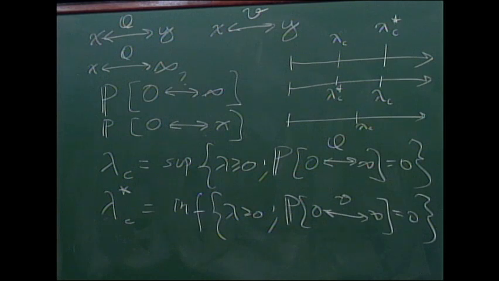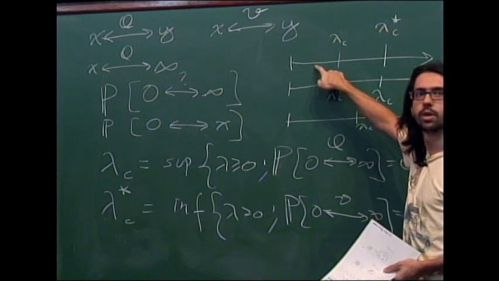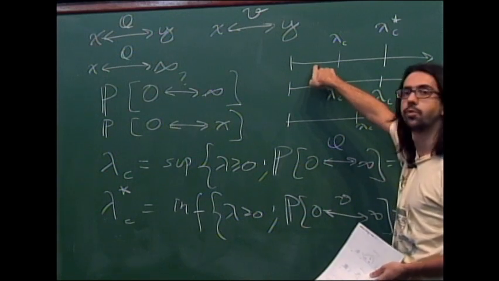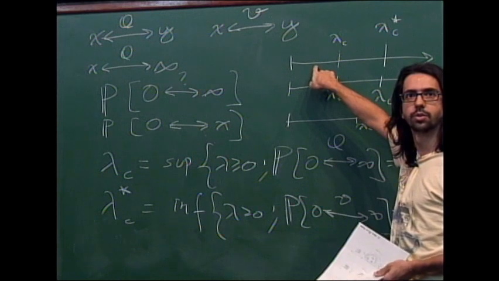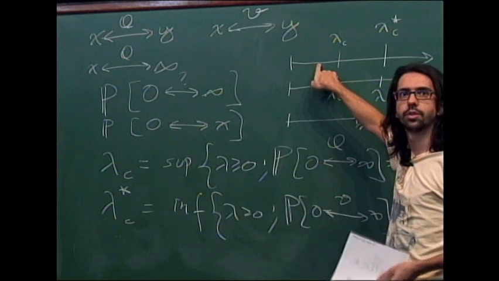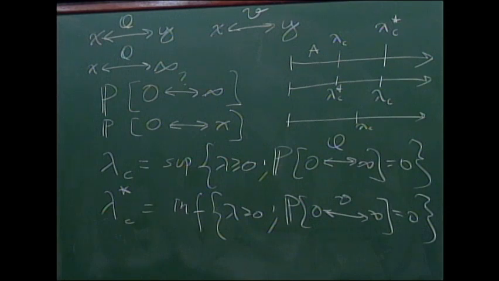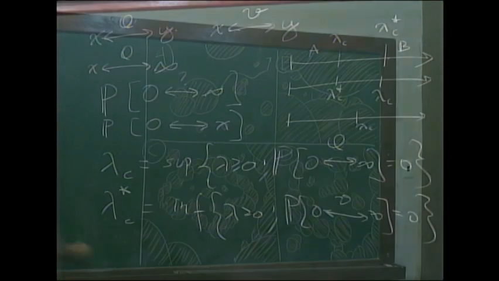So what happens in this scenario? You have to think a little bit, but if you are here, you are below both. So there is no infinite component for the occupied, too few balls to connect to infinity in the occupied set, but enough space to connect to infinity through the vacant. So this is simulation A, this picture. So you can connect to infinity through the vacant set, but you cannot connect through the occupied. Here, you are in the opposite regime, where you can connect to infinity through the occupied, but not through the vacant.